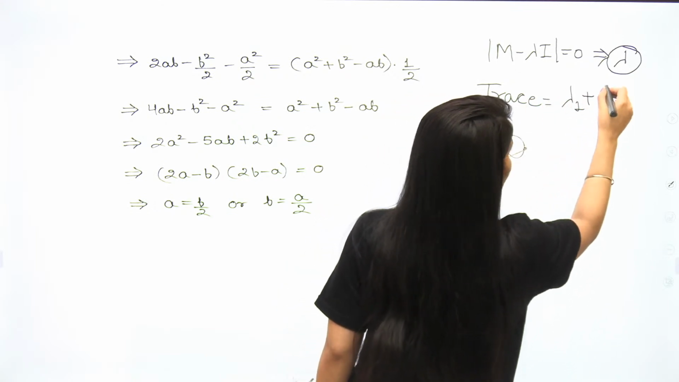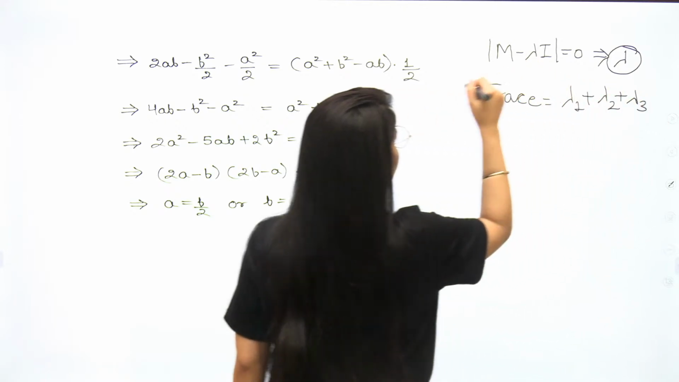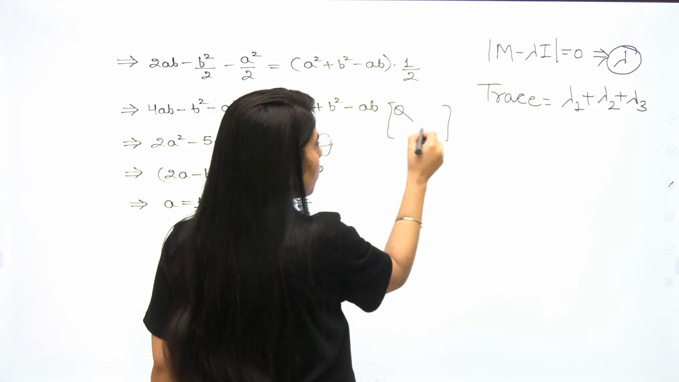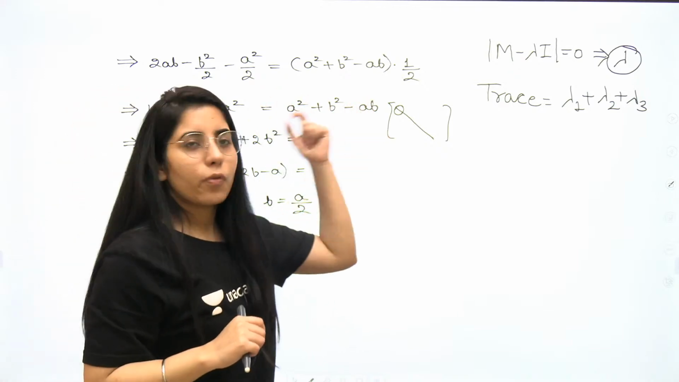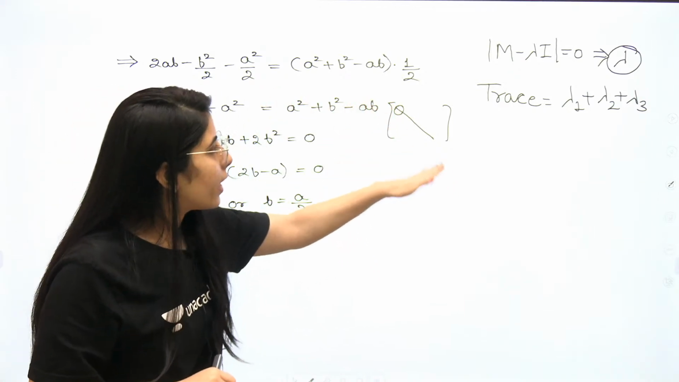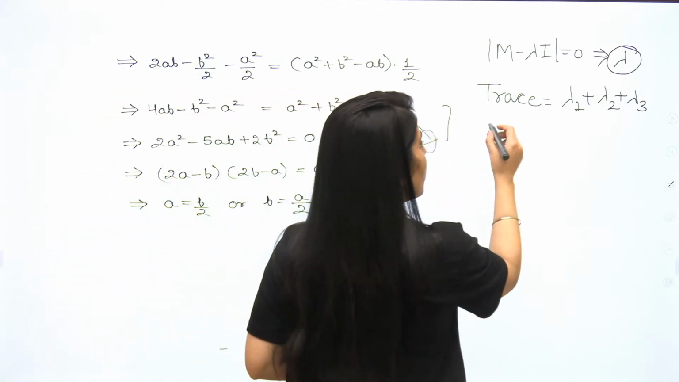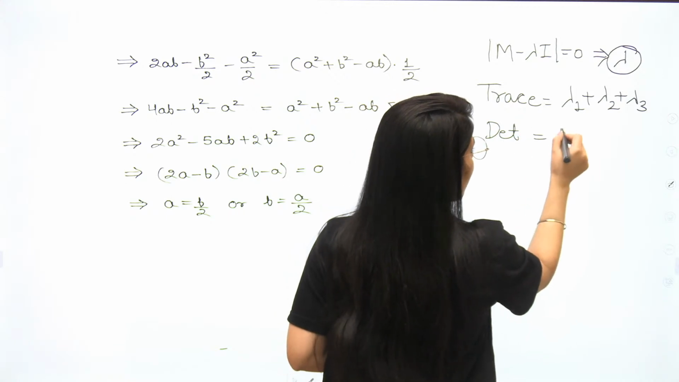What is trace? Trace is the sum of the principal diagonal elements. Okay, principal diagonal means what? Principal diagonal means the elements which are connected with the first element of the matrix, and that particular diagonal is known as the principal diagonal. Okay, next point. If we are going to talk about the product of eigenvalues, they will be equal to the